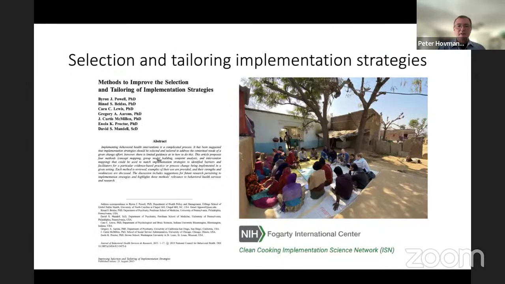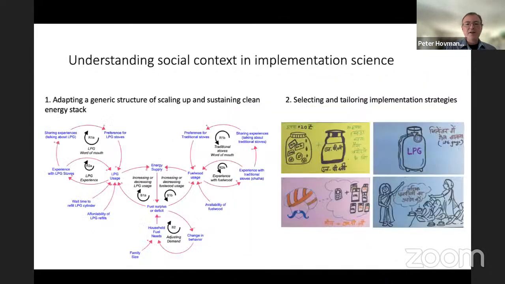The most recent work that's directly relevant to some of the things we'll probably be talking about is the use of group model building for selection and tailoring of implementation strategies. And this refers to some of the work that Byron Powell and others have led. We have a project looking at implementation of clean cook stoves and specifically clean energy stacks. So this is work also in India with FES and Boston College and WashU and Case Western, where on the left you see a preliminary structure looking at implementation and de-implementation, implementation of clean fuel,